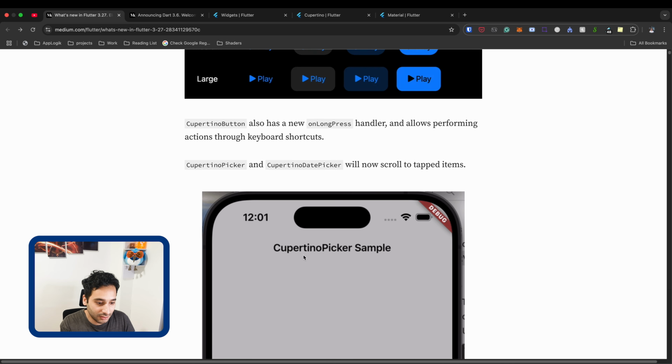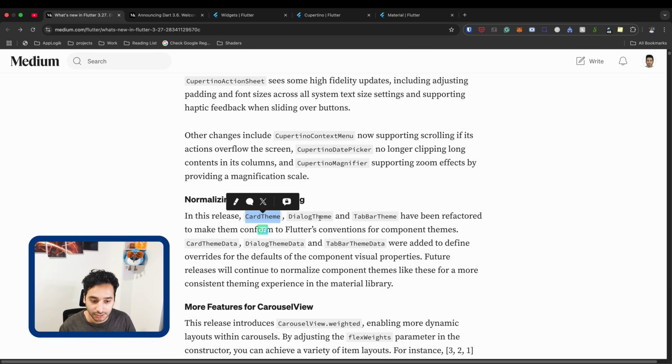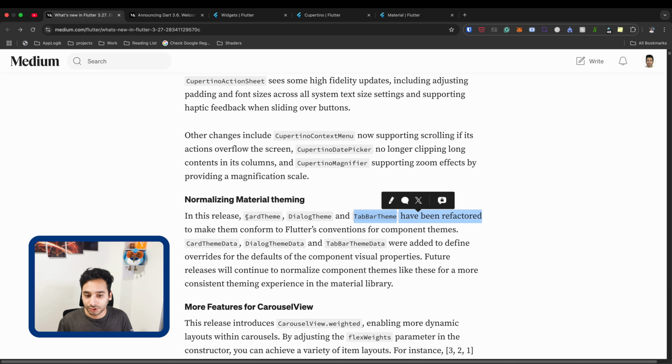And also we have some changes that are related to Material theming. So now we have card theme, dialog theme, and tab bar theme, and you can wrap, for example, your card with the card theme to be able to customize the Material properties of your card. And this is helpful. For example, if you want to change the dialog style of a part of the widget tree, then you can wrap your widget tree with the dialog theme. Then you can mutate the style or the design of the widget tree that you want to change the dialog theme. And here we have some updates for the carousel view.